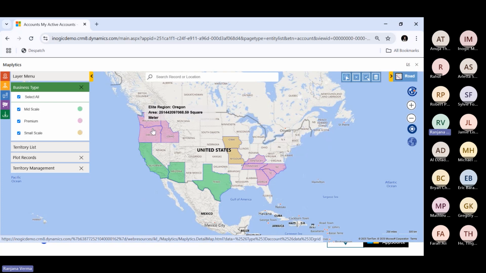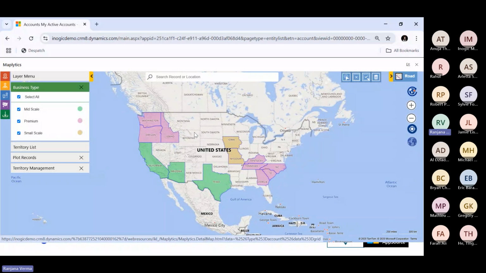So I can ask my marketing team or my sales people to focus more on these regions and have different marketing strategies around it. Whereas with the small scale ones, I can ask my managers to work more on these regions to turn them at least green or pink,